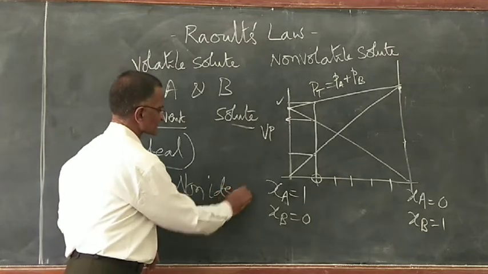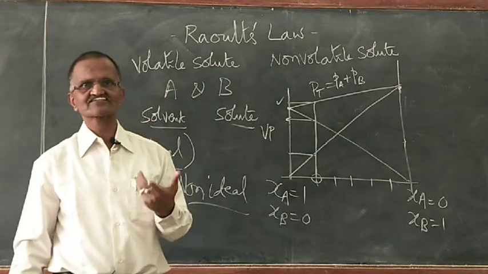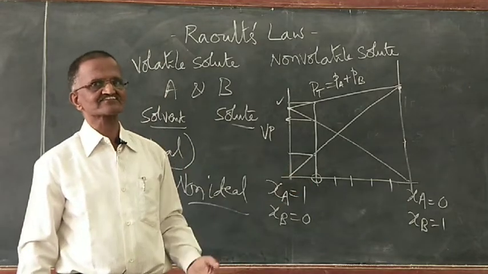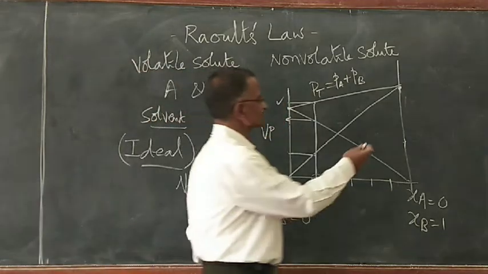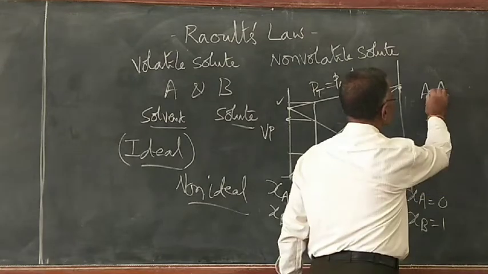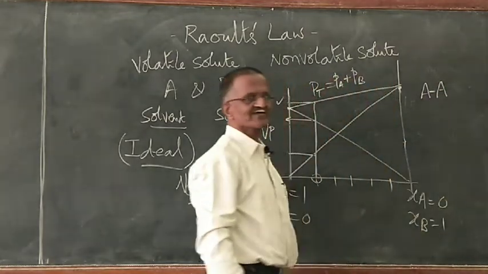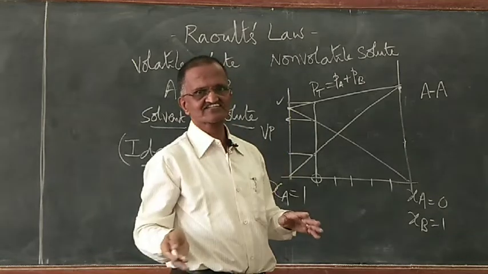That means most of the solutions that I prepare are non-ideal. Now, if I want to understand why the solution that I have prepared is non-ideal, very easily you get an answer. When will I get an ideal solution? That means when I have only A with me, between A particles there are some interactions, repulsions, whatever it is, it remains the same.